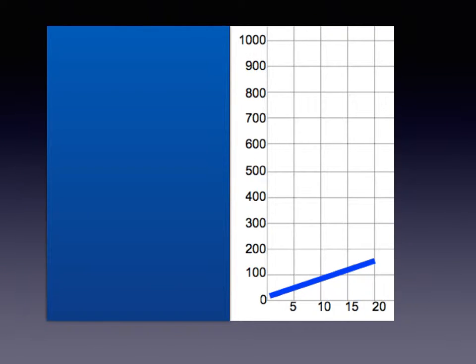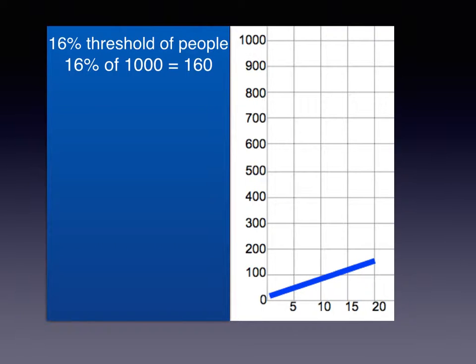For creating a movement problem, here's a solution. Our goal was to find how many people per day we would need to join the movement to reach the 16% threshold in 20 days. So to begin, we would need to know first how many people 16% of 1,000 would be, which is 160